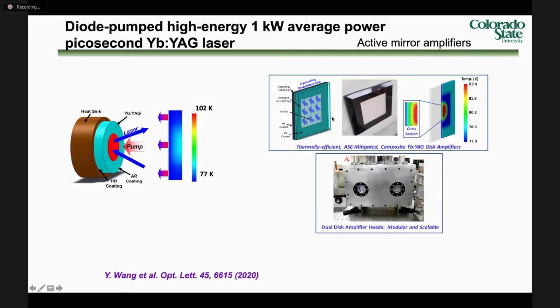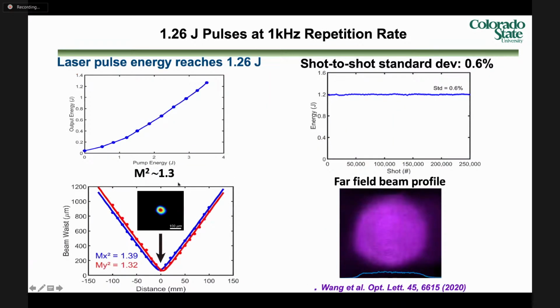Here is an illustration of one of the crystals. Actually, they are slabs, and the ytterbium YAG crystal is surrounded by chromium YAG to avoid parasitic lasing. And the amplifiers are quite compact, basically 30 centimeters or so in length. You can see one there. With just 3.5 joules of diode pumping, we have achieved